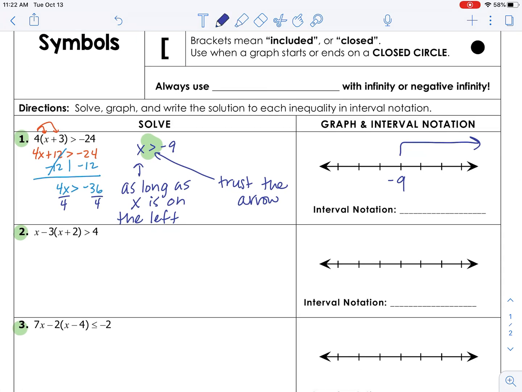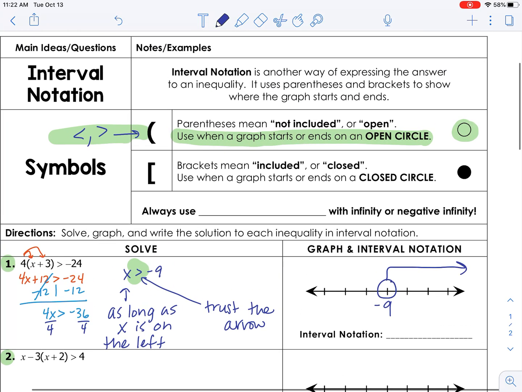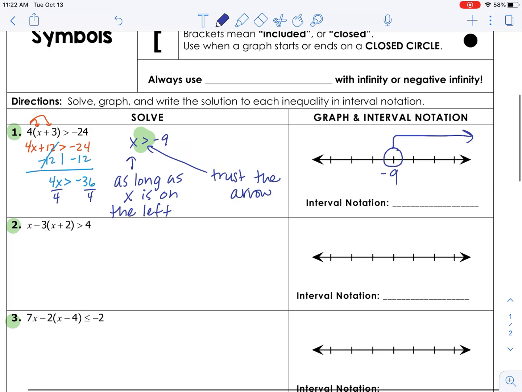So because I have greater than, there's no "or equal to" underneath it. I'm going to put an open circle above -9 because that's what I need to do according to this symbolism we're using in these notes. All right, so from here, what we want to do in order to make interval notation out of our graph,